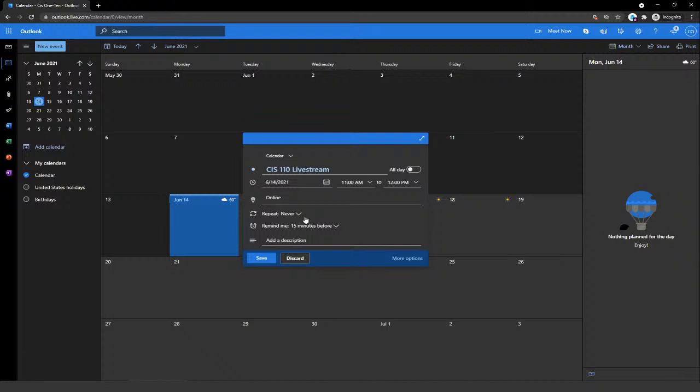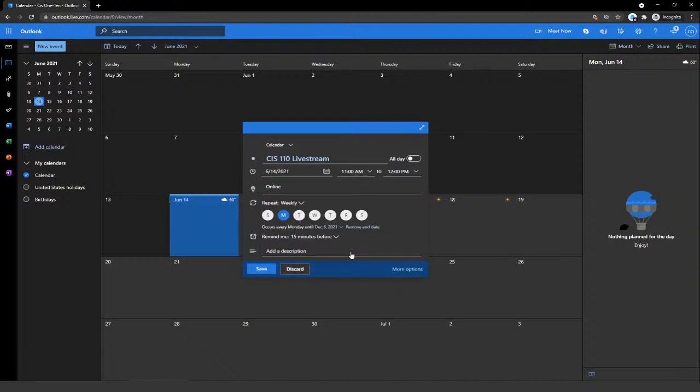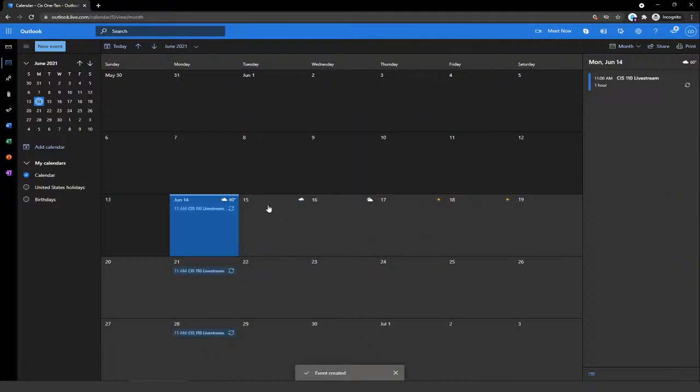Then I can actually add repeats. If I know that I'm going to do this every Monday, I can add an every week repeat. And I can add an end date. So I know this class is going to run until July the 29th. So I can say, let's put this in here every Monday until July the 29th. And you can remind me 15 minutes before it starts. And we'll click save. And so now I have